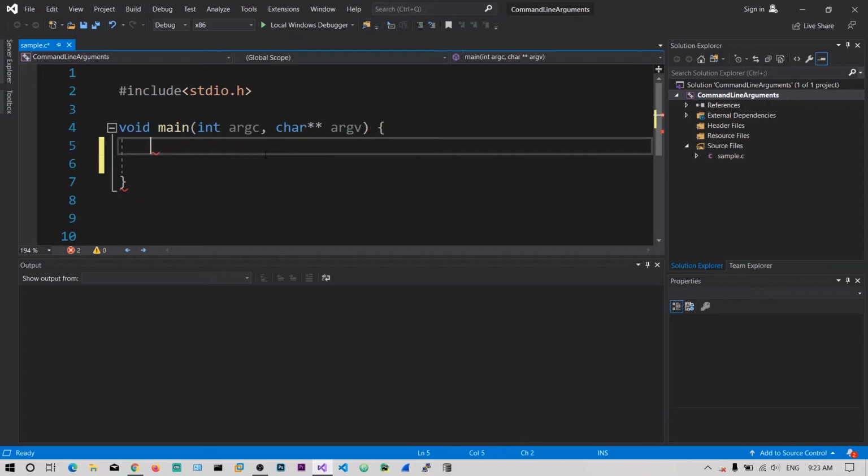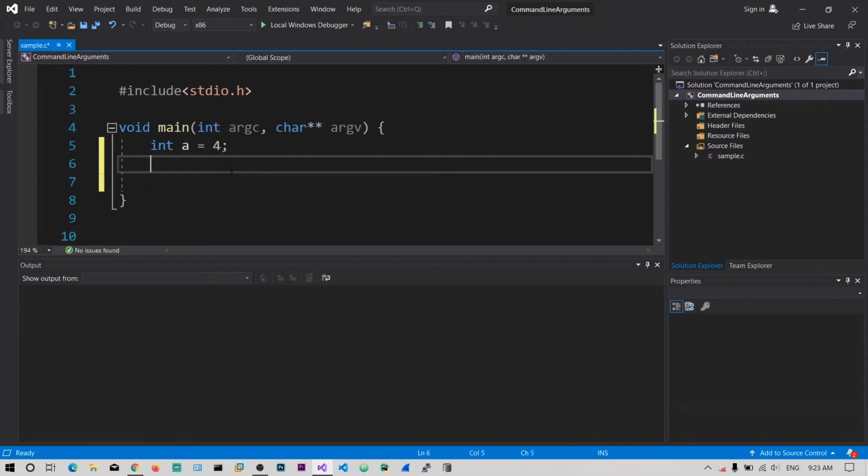So what we will do is, we will say int a is equal to 4. Don't worry about the syntax, we will cover the data types in future tutorials. Now int stands for integer, just think of it as a normal number, and we are assigning 4 to a. It means that I can now simply do a times 10, which gives me 40. So I can use this a instead of 4 anywhere in our code.